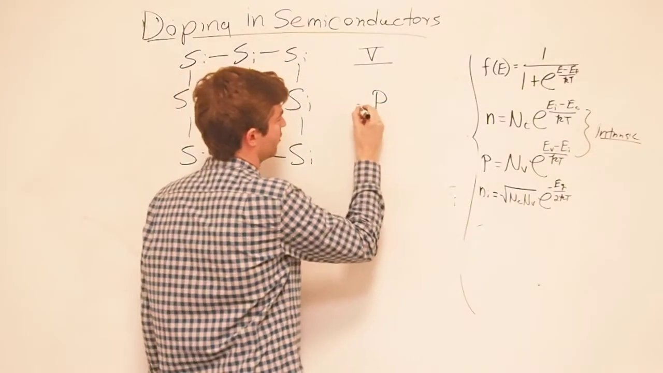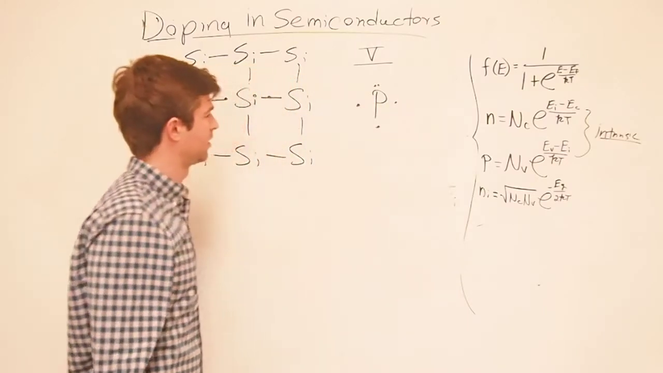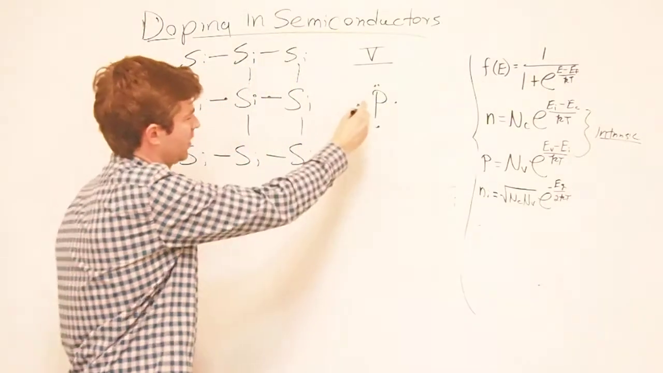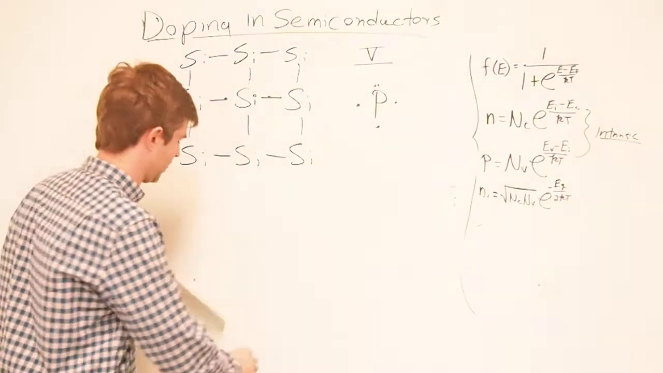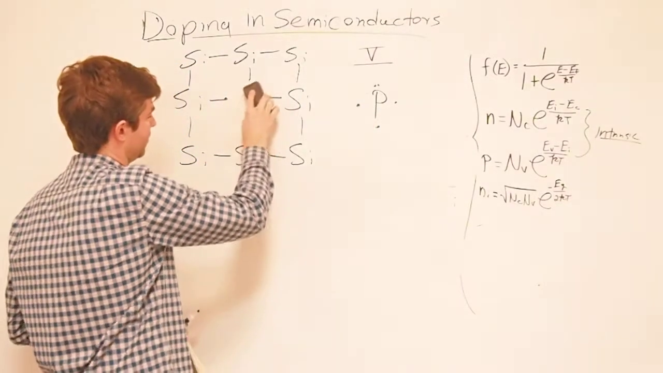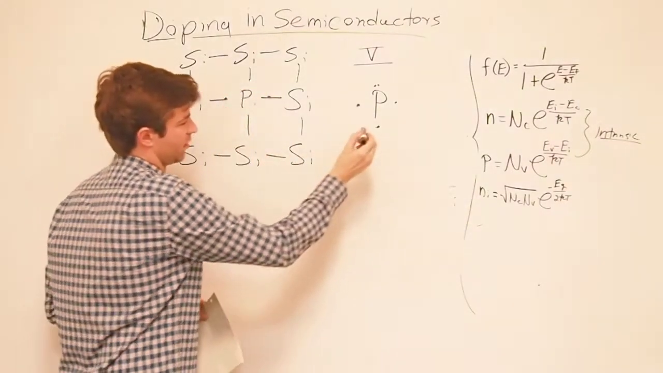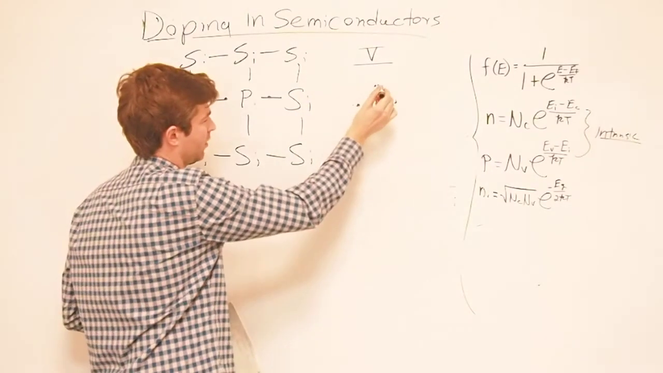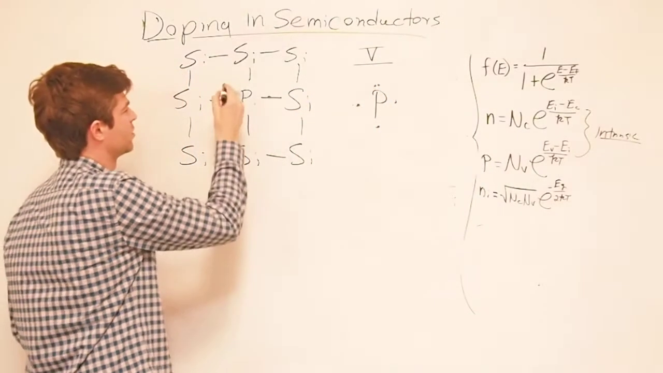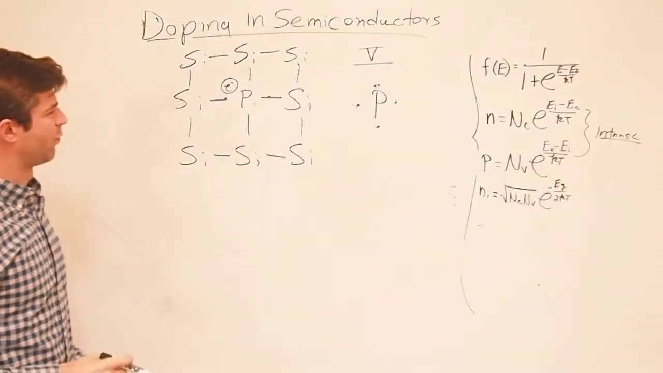Phosphorus's Lewis dot structure has 1, 2, 3, 4, 5 electrons, and it takes only 2 electrons to make a bond between 2 atoms. So what if we somehow got this phosphorus atom in here? This electron would bond with another electron from the silicon, same with this one and this one and this one right here. But then you've got this extra electron which just kind of hangs there by a very weak